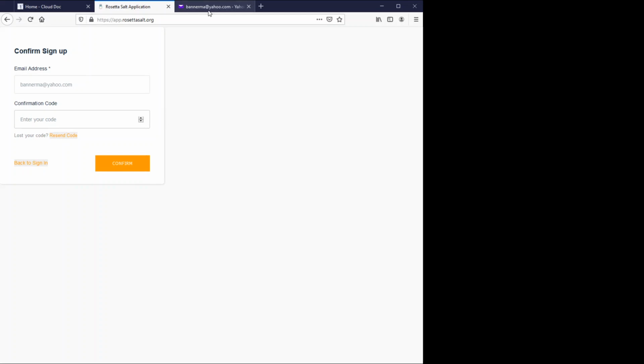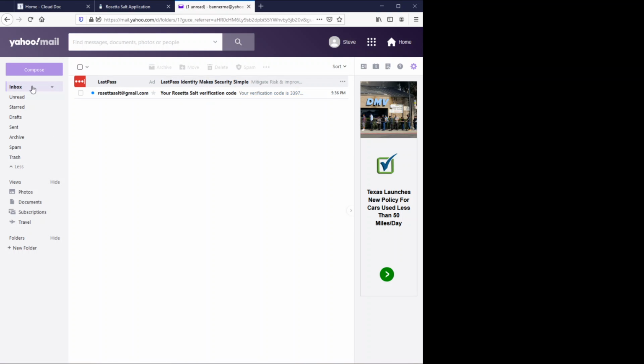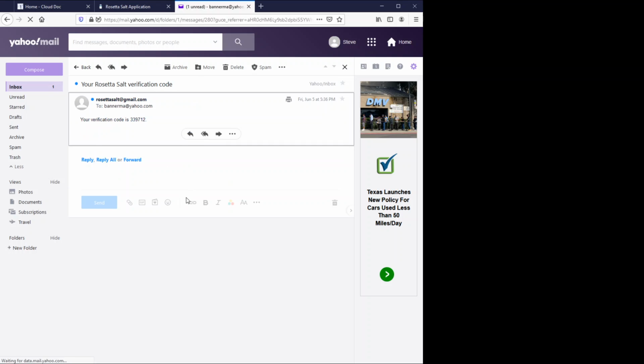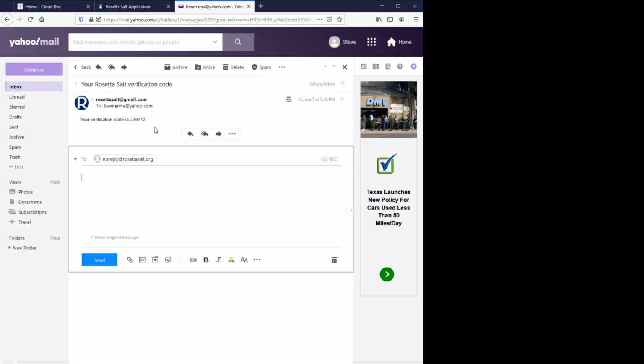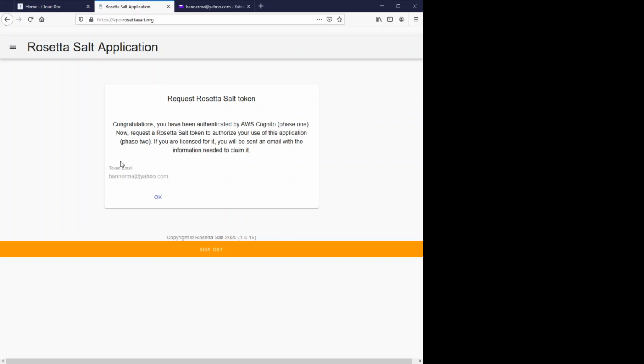Okay, when I did that, I'm going to come over to my Yahoo email account. I've gotten an email, and this email is from the Rosetta Salt Cognito service in AWS, and it's giving me a code, a verification code that I can enter. So I'll enter that, hit confirm, and that's going to take me